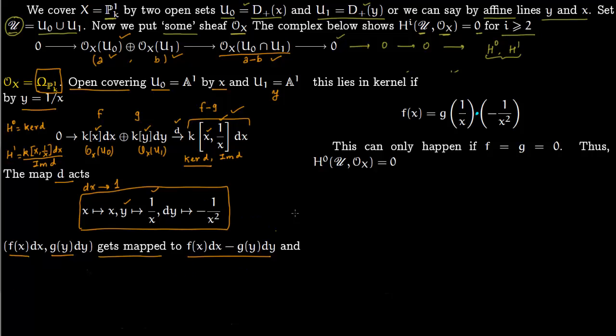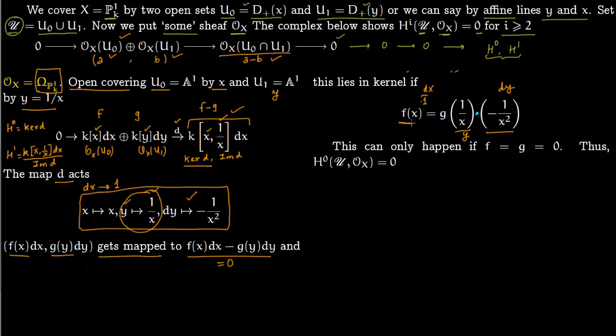So the kernel is precisely this equals to 0, that is f dx is equal to g dy. So you have f(x) dx, which, as I told you, dx is just 1, gets mapped to 1. So f(x) dx means this is times 1. So this is your dx part, and g(y) dy. So this is your y, as you can see from here, and this is your dy part, which comes from right here. So this is like this.